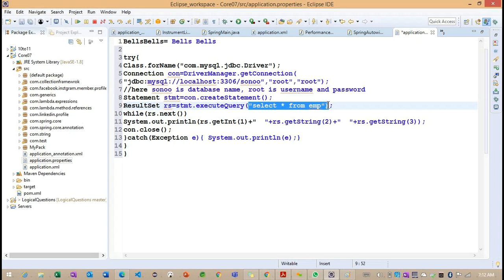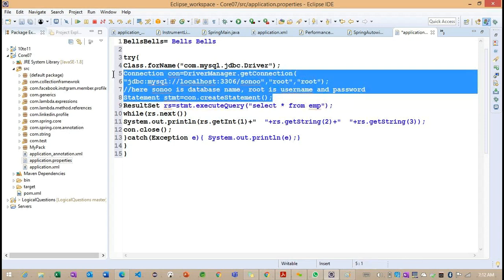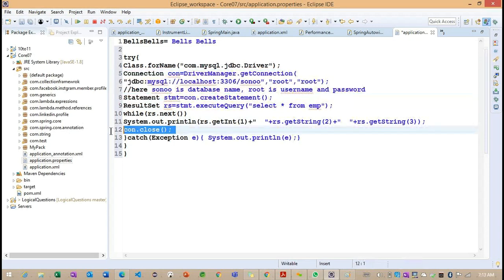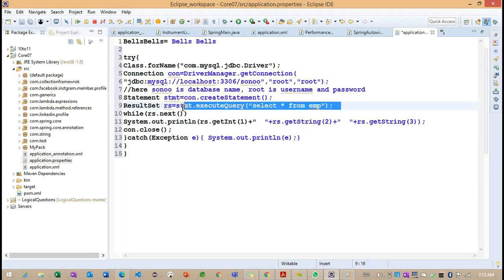If you understand, compared to plain JDBC with Spring JDBC: in normal JDBC, for each and every operation we write the connection-related and closing-related code, and in between we try to focus on the core operations: insertion, updates, and deletion.